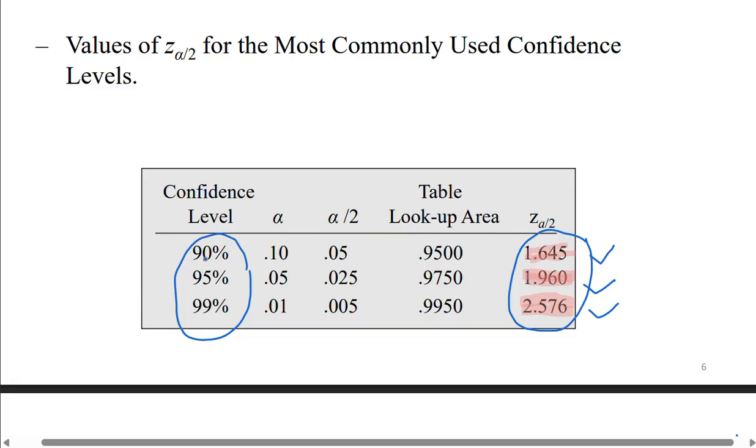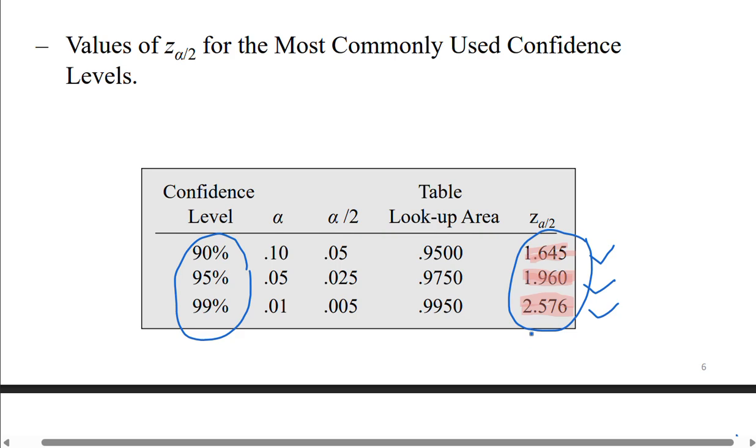If we are working on finding the population average with a 90% confidence level, we will use a Z alpha over 2 value of 1.645. If we are dealing with a 95% confidence level, we are dealing with a 1.960. And when we have a 99% confidence level, the Z critical value is